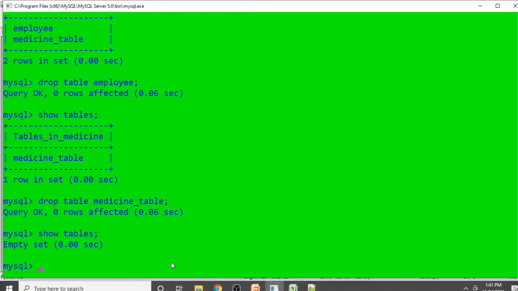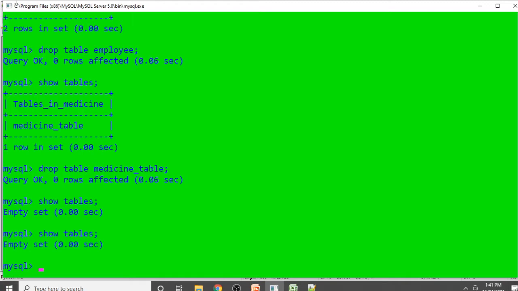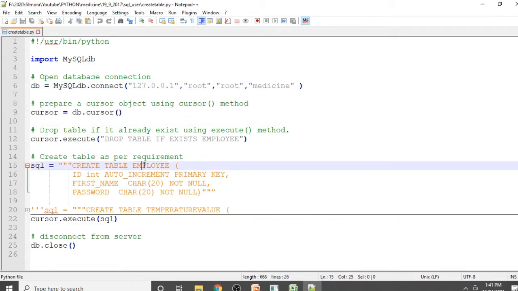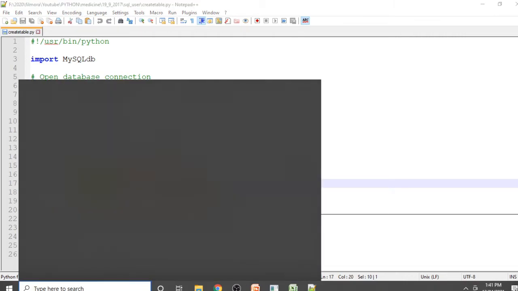If you see here, show tables, there is no table inside our medicine database. As soon as we run this program, the employee table will be created having these two parameters, first name and password.